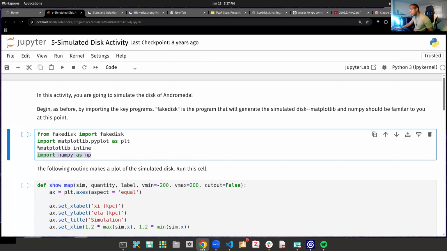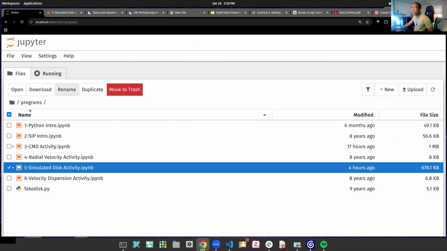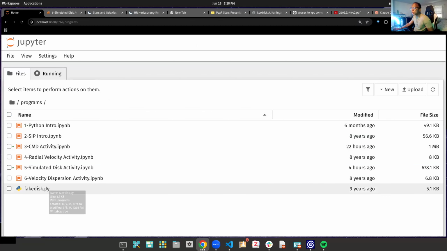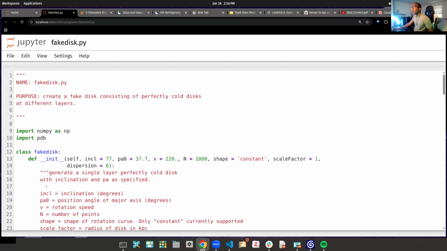We have the NumPy one, and then we have this: from fake disk import fake disk. Now, this is not a standard library. This code is written special for this particular kind of science, and it's not a standard library you can just import from anywhere. We're actually importing this from a Python file, which is usually named with .py. If you go to the top of your program here and go into programs, you will see this fake disk.py file